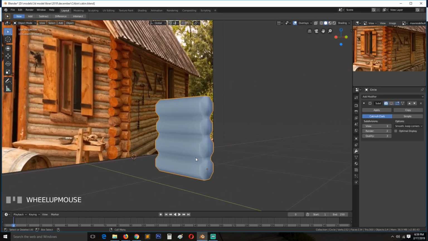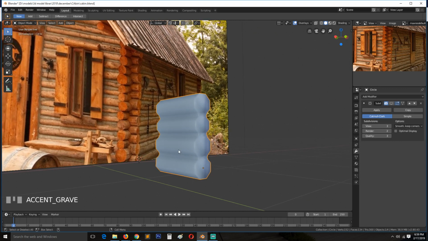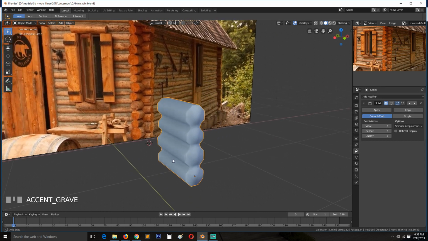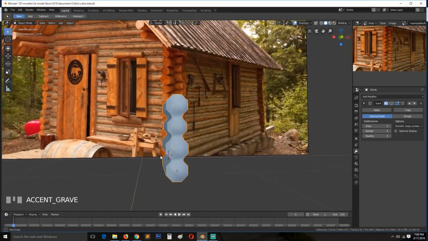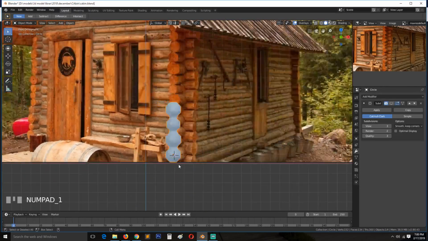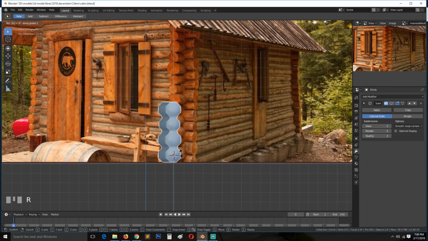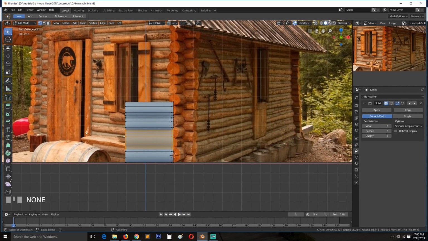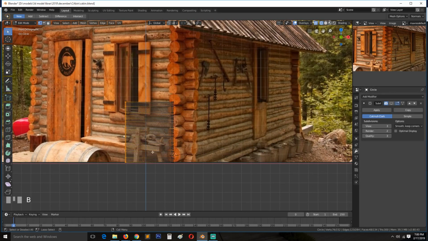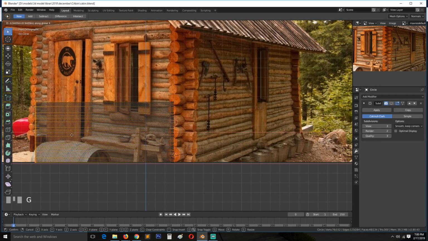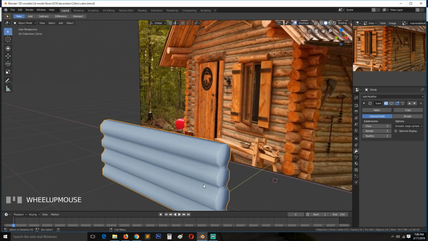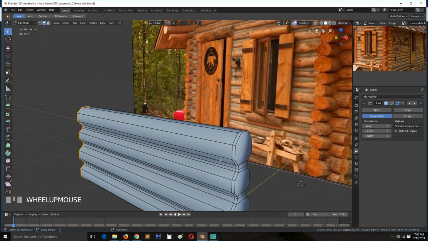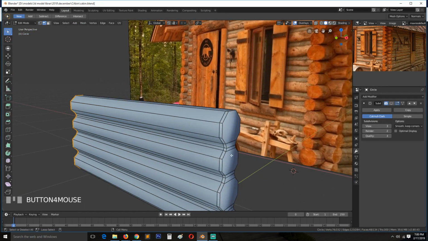Something like that. We can rotate this 90 degrees, and we can extend this to be the length we want, maybe something like that. So this is not bad for our first log,